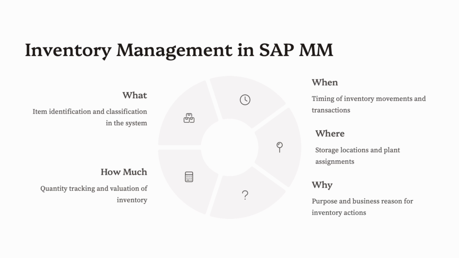Overview of Inventory Management in SAP MM. SAP MM's Inventory Management component tracks all inbound and outbound movements of materials at the plant and storage location level. It ensures that the system always knows what material moved, when it moved, where it moved, why it moved, how much value it carried. Key objectives: